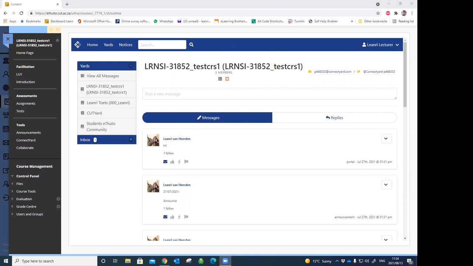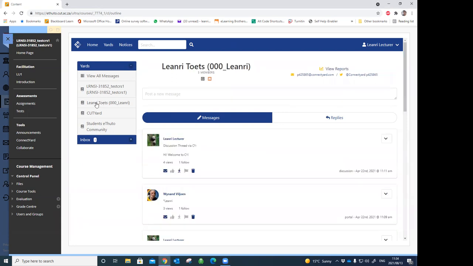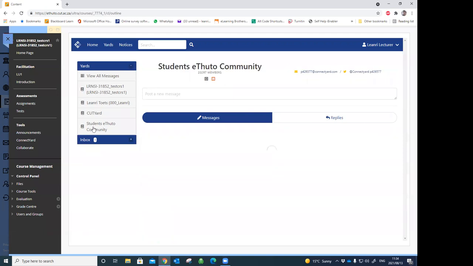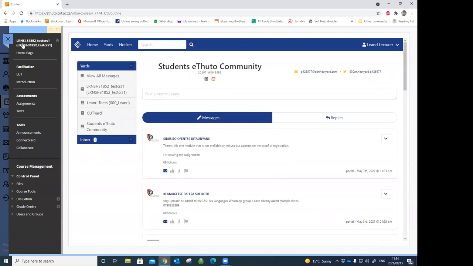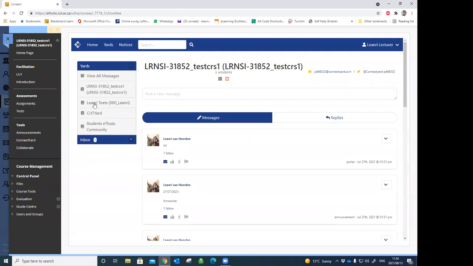So what the yards in ConnectYard mean is basically each subject. So you can see all of my yards here. I've got a couple of different subjects. And I can access each of these yards in the same subject. So even though I'm in one subject now, I can access all of my yards